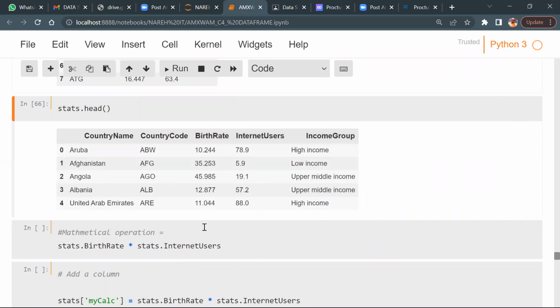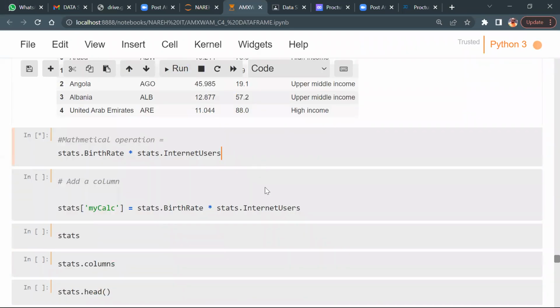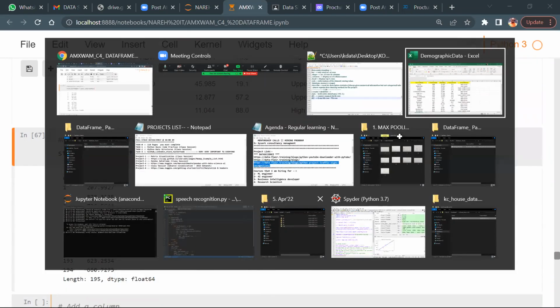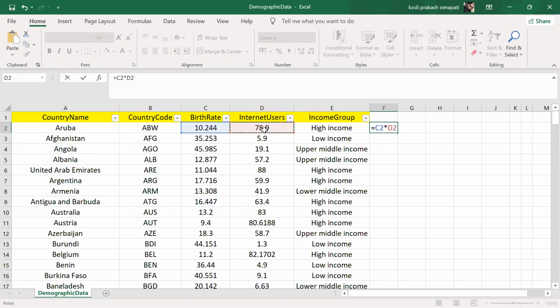So mathematical operations, let's run this one. It's very simple. I cannot multiply Aruba with 10.244. Can I do that, Aruba into ABW? Yes, we can, but it doesn't make sense, isn't it? The same way, this one into this one.